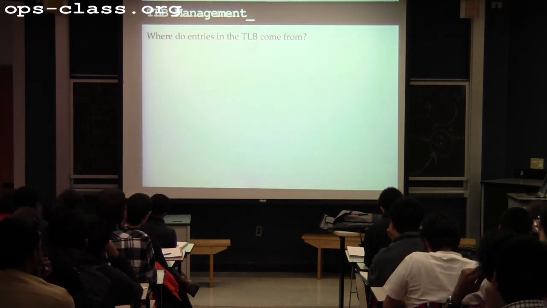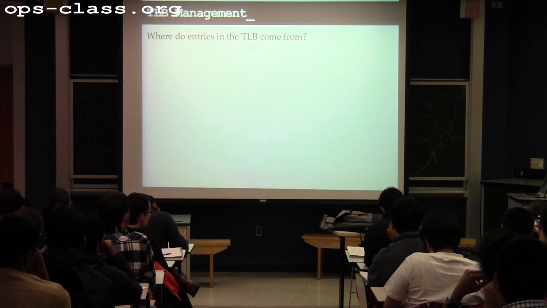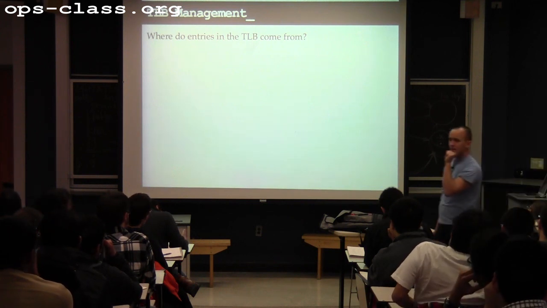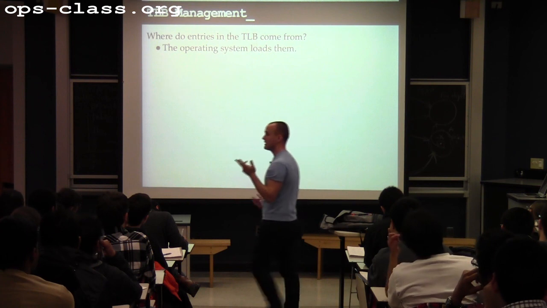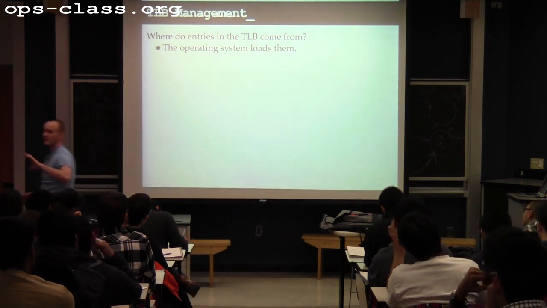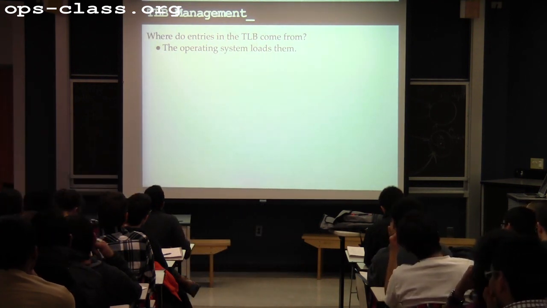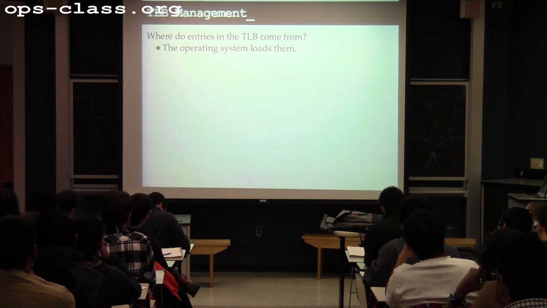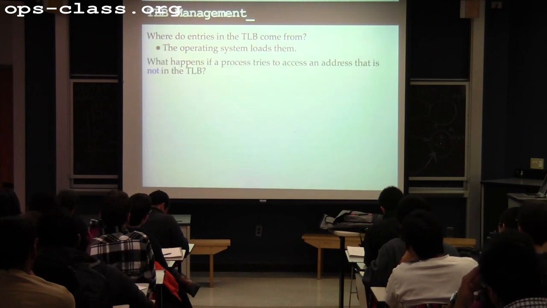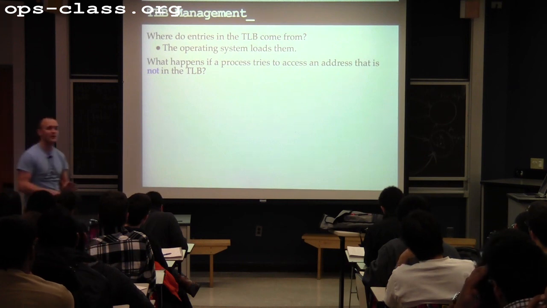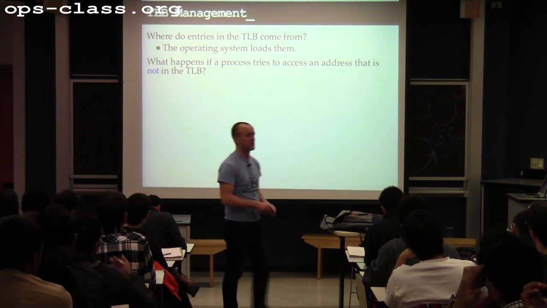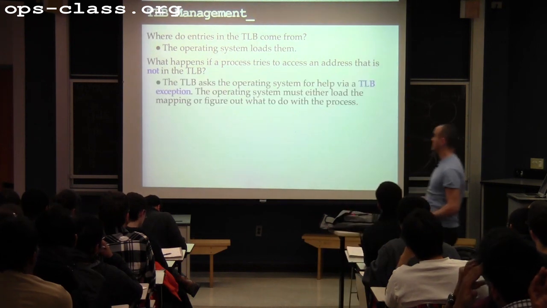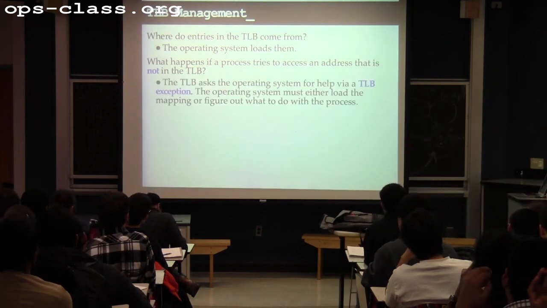All right. So how do entries get into the TLB? Yeah, the operating system has to load them, right? Going back to the policy mechanism split, this is the mechanism, right? The TLB is the mechanism, but the TLB doesn't have any idea what to do. The operating system has to tell it how to load these addresses. So what happens if a process tries to access an address that the TLB does not know how to translate? What's generated? An exception. On your MIPS system, it's actually a special exception called a TLB